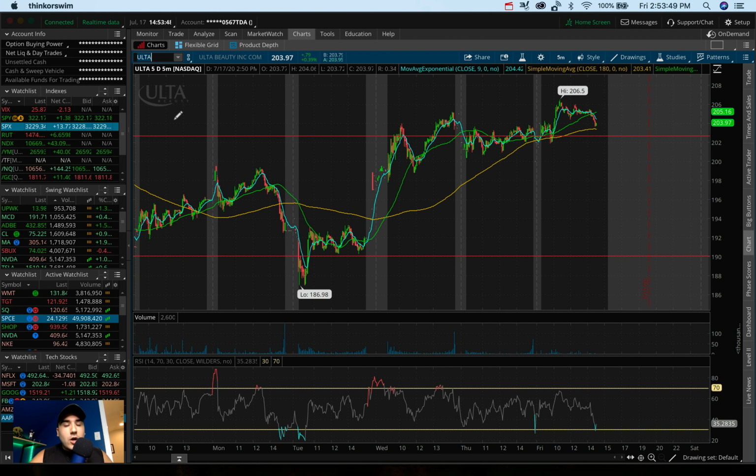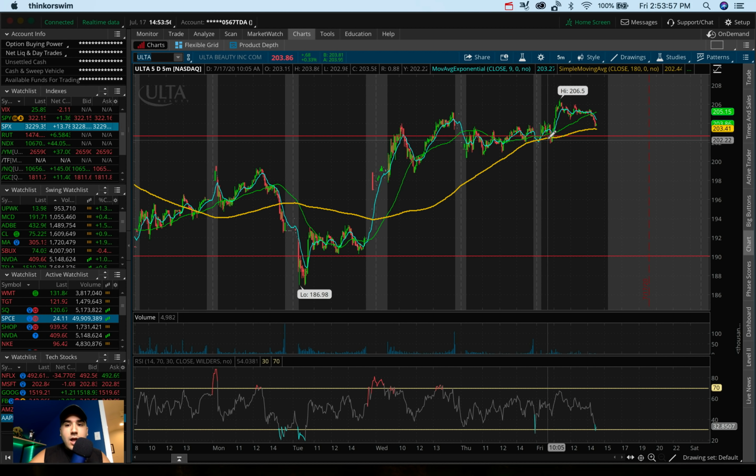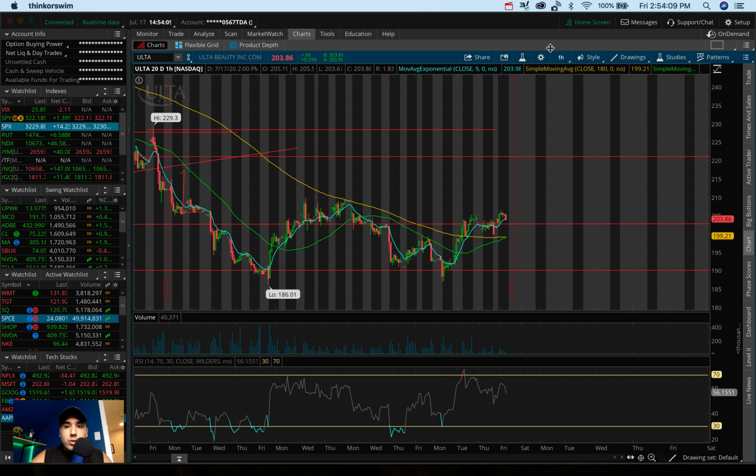Ticker symbol ULTA. I'm loving how today we actually took out $202, 203, big resistance there, and we actually rallied all the way to 206.50. We hit a higher high, took out 205, which was the previous high from 2 days ago. I'm loving that price action, guys. That is pretty bullish price action to me,